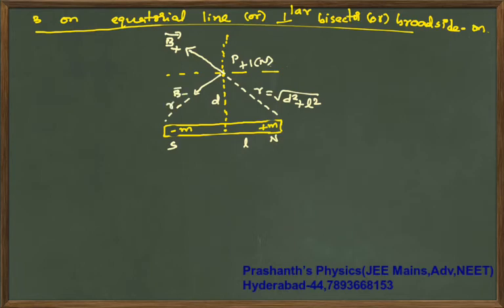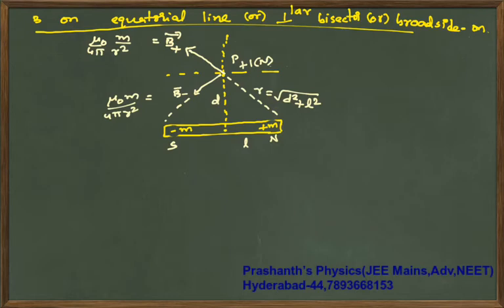Now here also the distance will be r. So it is mu naught by 4 pi into pole strength m by r square. Here also it is mu naught m by 4 pi into r square. And don't forget that the negative sign is taken care of in the direction.